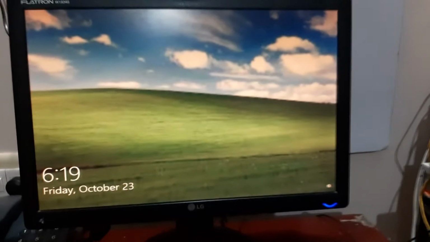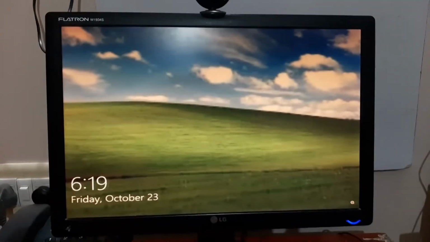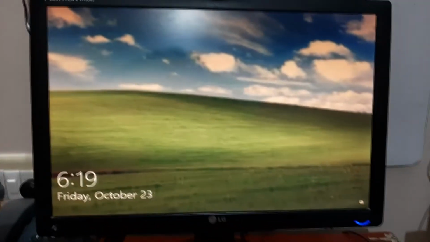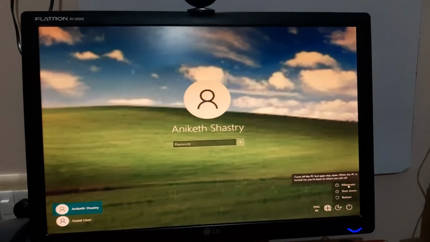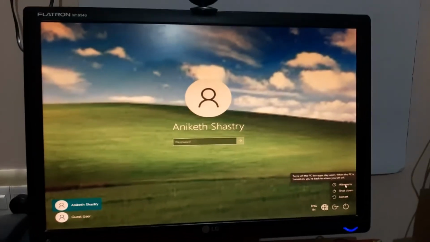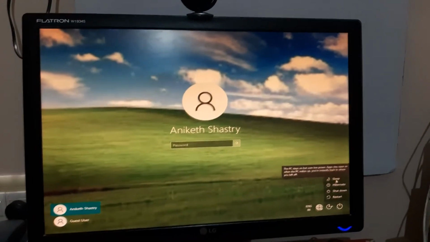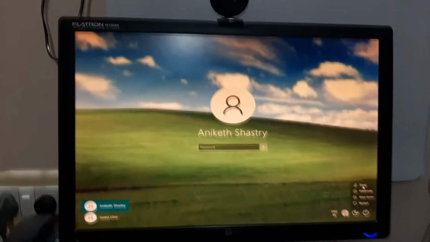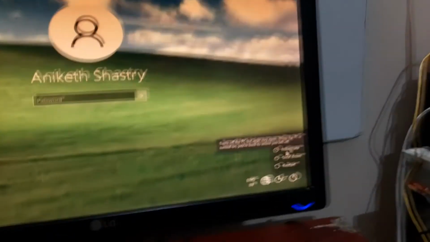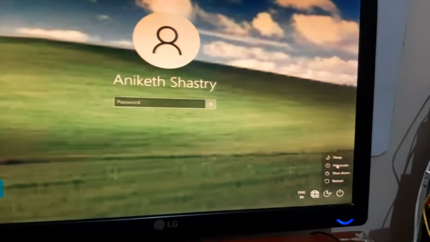Now as you can see, we are in my Windows 10. Now this feature will only work when you put your computer to sleep or hibernate. As you can see, there is this hibernate option which will not come for you, but you will have to enable it in settings, or you can even put your PC to sleep. I will show you how to enable this hibernate option which comes here afterwards.